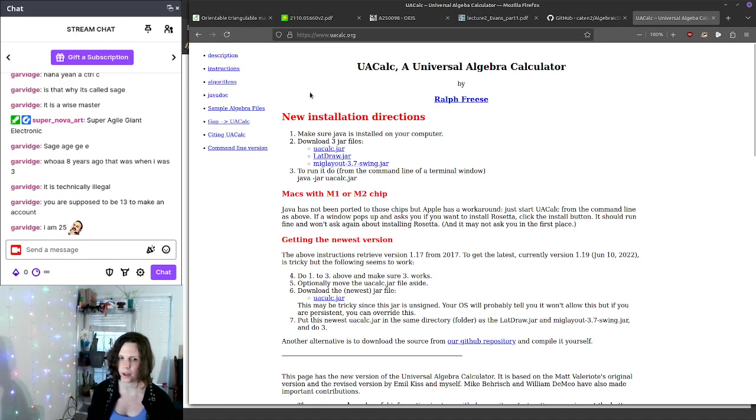And so I'm not the only person who's written some kind of interface for this. This is something that people keep doing. I'd like a more modern analog of the universal algebra calculator, maybe implemented within Sage or something like that. It's kind of a bigger thing to do. It's not just going to be a one-off project. I don't know a lot of the low-level details of this, but I do know that the Java interface is not preferred by a lot of people at this point. I don't know how much of the low-level stuff is actually done in C or another lower-level language, but